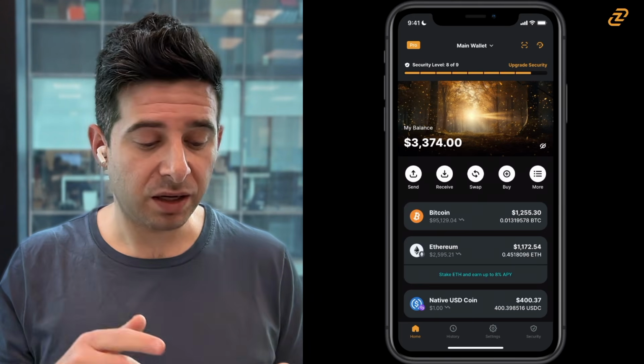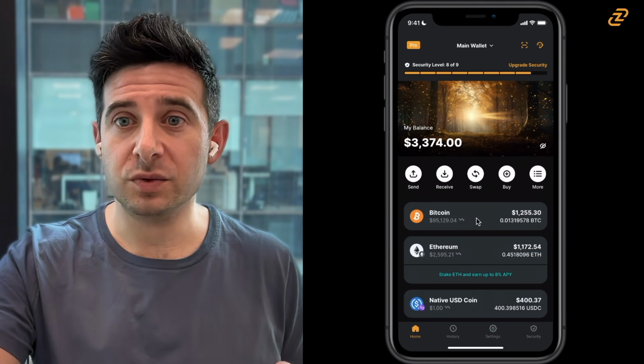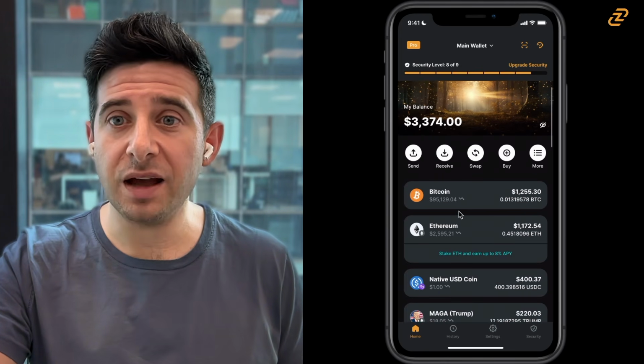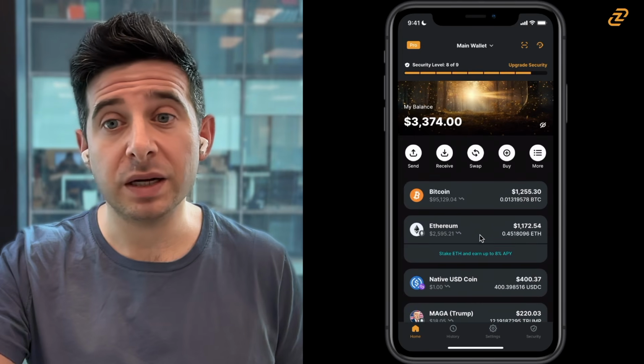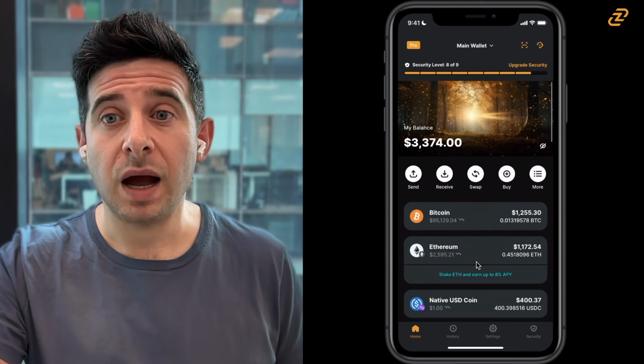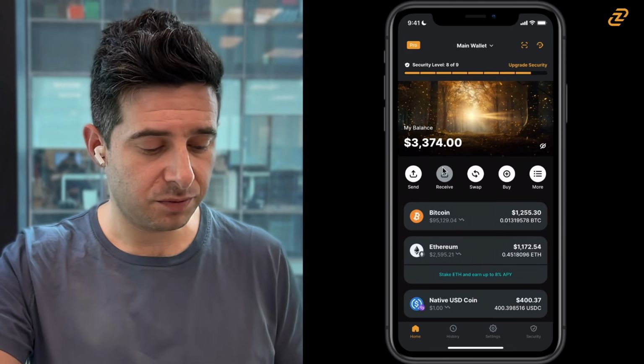So start by going to your main wallet screen. You can see that I already have Bitcoin and Ethereum in my wallet, but let's say I don't. I can go to receive,